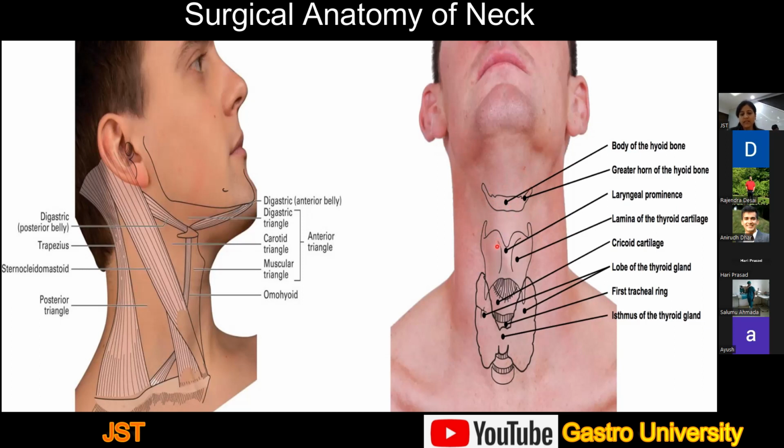Then when we come to the laryngeal framework, we have a thyroid cartilage and a cricoid cartilage followed by tracheal rings. Thyroid cartilage, like we can see, is a shield-shaped cartilage which has a superior horn and an inferior horn. And then we have a cricoid cartilage. So cricoid cartilage is the first complete ring when it comes to the laryngeal framework. In between the thyroid and the cricoid, we have a cricothyroid membrane, and below we have